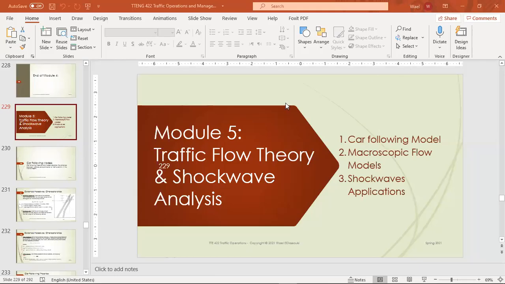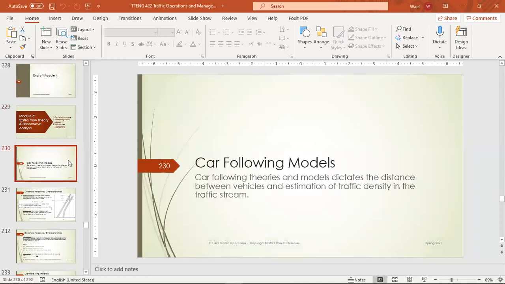Okay, today we are going to continue on the last module, module 5. Last week, or the week before last week, we started on this module, the traffic flow theory and shockwave analysis. And we started with the car following models and the theories behind these car following models,